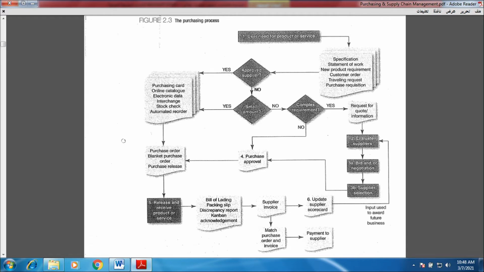If a small amount, yes, go right away to the shortcut. It's a very simple thing. If we have an approved supplier, or if we don't have an approved supplier but the amount of the purchase is very small, go directly in this direction. This direction is simply some documents. It talks about the purchasing cards. There are cards for purchasing things